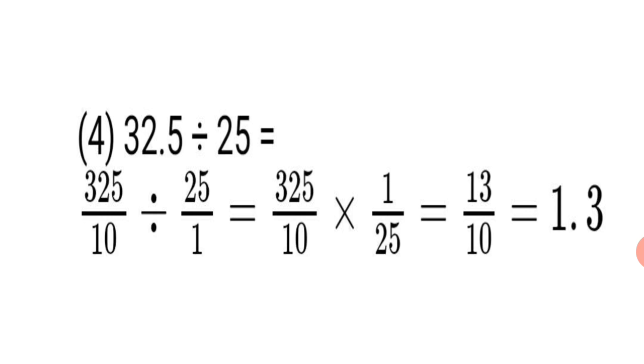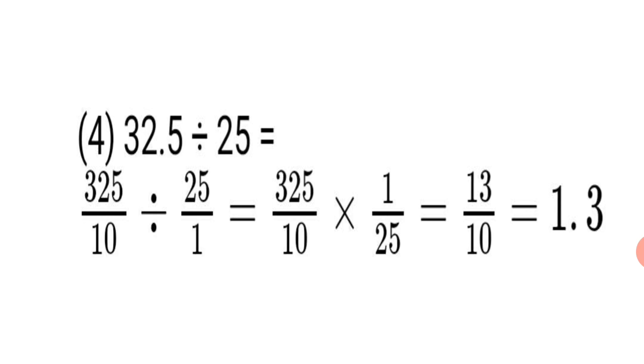25 ones are 25 and then 7 is left. 7 and 5 becomes 75. 25 threes are 75. So you got 13. 25 13s are 325. You can do the rough work and check it out. So 13 ones are 13 and 10 in the denominator. 13 upon 10, final answer is 1 upon 3. Okay, so this way we have solved the first 4 sums of the main question 1.